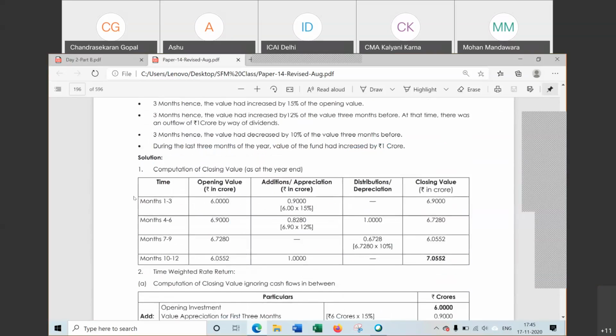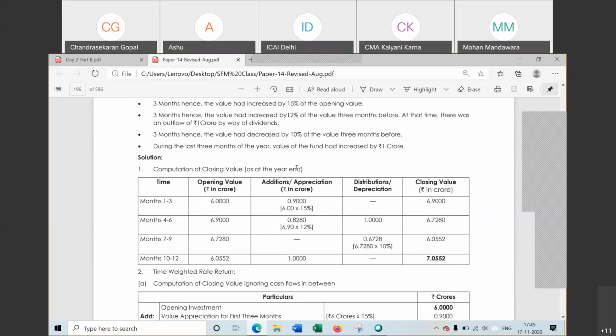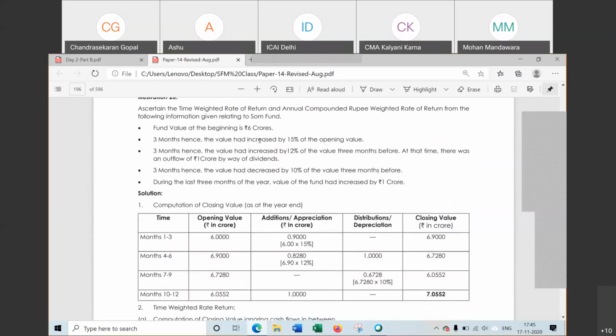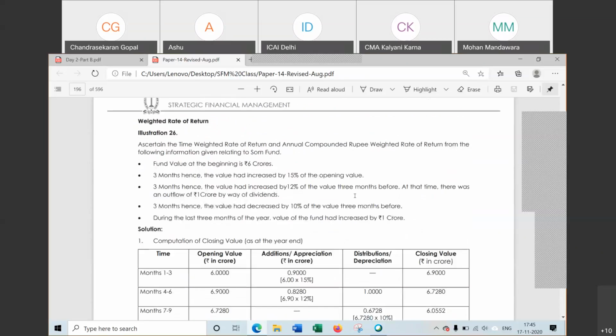So for the rupee weighted rate of return, again we are computing the closing and opening value. So this is the table. This table is for rupee weighted rate of return. So first step, we started from 6, fund value 6, increment 15%, increase by 15%, closing value becomes 6.9. Now next, this closing will be opening for next quarter. Again appreciation 12%, so 12% increment will be there. And in this point it is said